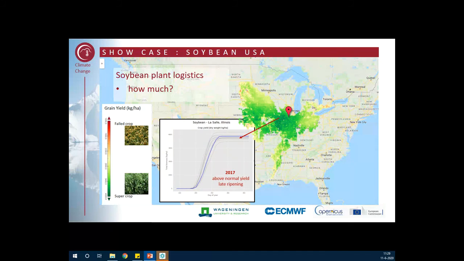So you have the map, but of course you can zoom in on any particular location, and you can in principle also compare the current year with previous year. So we can see whether we can expect more or less yields than average, for example. We don't claim that the absolute values of this yield product are very precise, but the relative, the interannual dynamic should be quite okay. So the comparison between the current year and previous years, I think, can contain very valuable information for this type of industry.